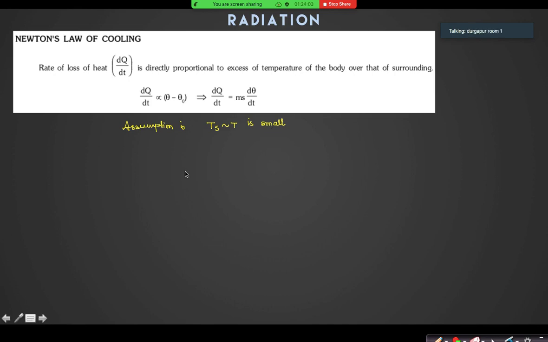Surrounding temperature and body temperature, the difference is small. It may be body temperature more than surrounding or surrounding temperature more than body. So the difference is small, that I have assumed. If I assume that difference is small, then suppose Ts minus T is equal to delta T. Then I can write this equation dq by dt,